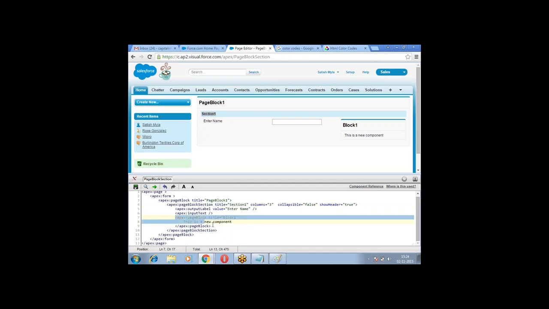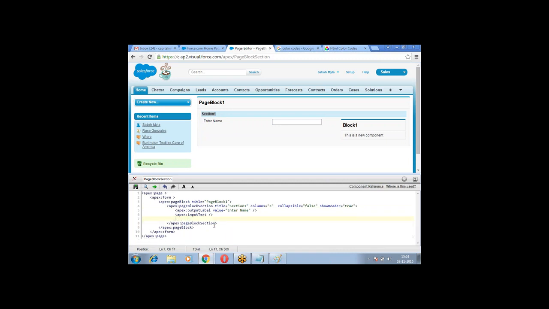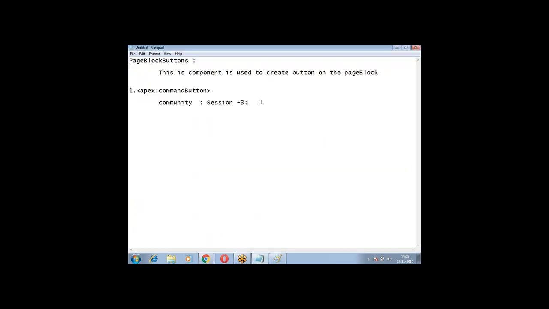When you are going with the page block section, we have one drawback here. What is it? I want to take name and password. Let us see. I want to take name and password. So what is happening in this case? This is one component, this is the other component, this is the other component. So we are not getting it in an ordered way. So we want to build rich UI output. In that context, we have the next attribute as